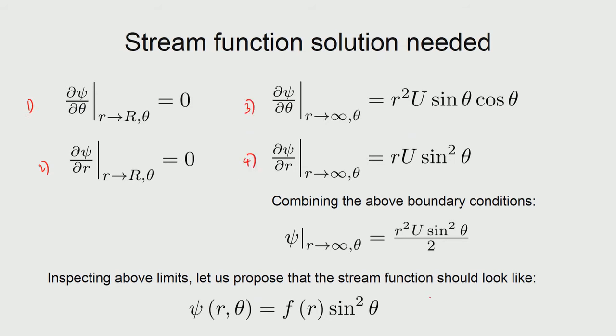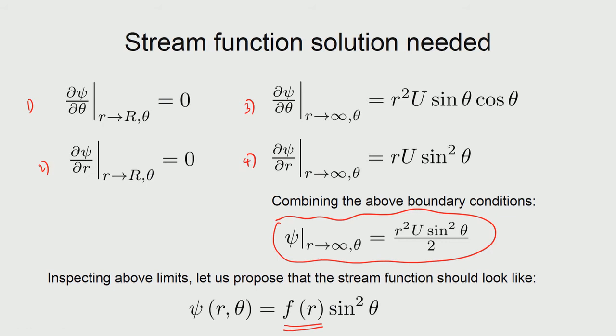So, when we combine these, then we can suspect what kind of a form of the psi could satisfy. You could see that perhaps we can look at a form of this nature, so that when we take a derivative with respect to theta, then you still have r square, and then when r goes to far field, it would give you the satisfaction. So, you have this functional form that will be reasonable, and we want to then see what is the generalized form that would actually solve the equation. And so, you could seek that perhaps it should be a function of r, and then see what kind of functions will satisfy.